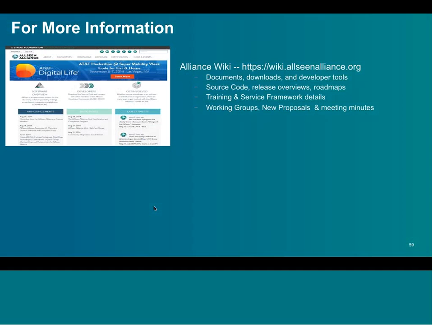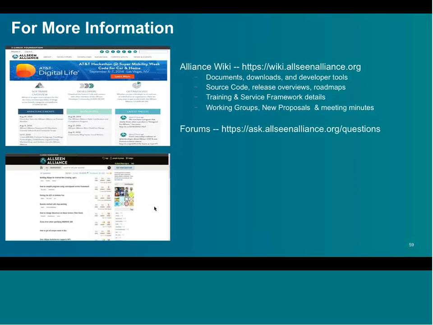Lighting Service Framework is one of them that's coming up. There's a gateway service. So those base services that I talked about, there's a base service work group, and then there's work groups for all the different member companies of the Alliance that are starting to propose new things. There is also a forums,